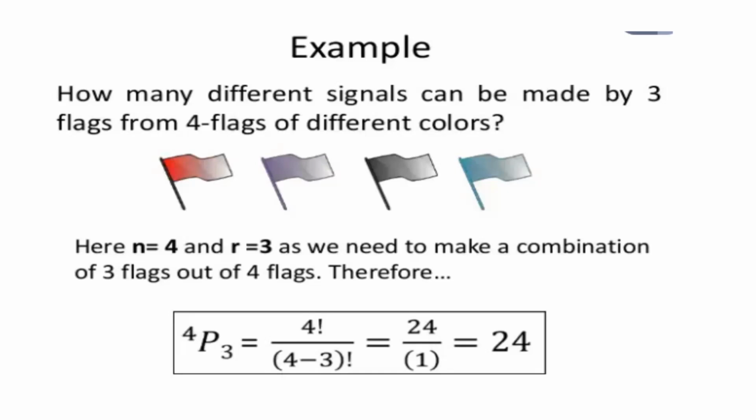So you have 4 different flags, and you want to send a message to the other battalion of soldiers some distance away, and there are no radios in those times. So you come together and make an arrangement that when you see this flag and this flag wave, you must understand that we mean this. So how many different